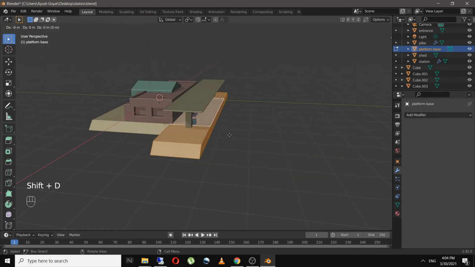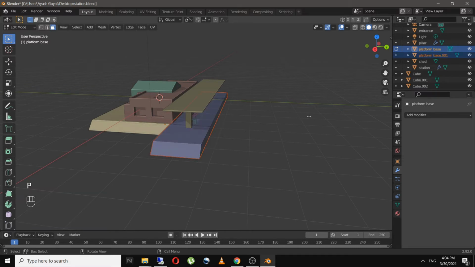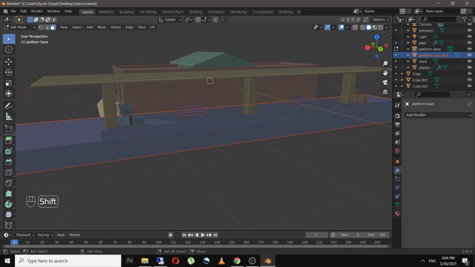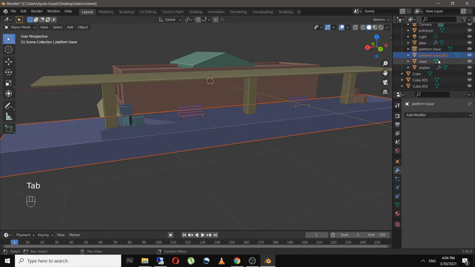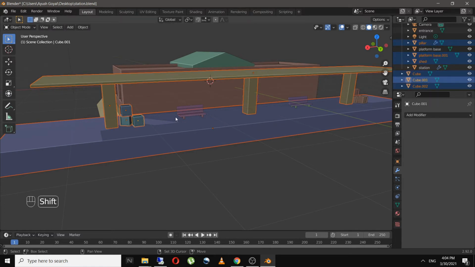And I will duplicate these faces, and then I will separate it from the original geometry by clicking on Ctrl P and selection. And now I can move all the props, the shades and the pillars in the Y direction to make a duplicate of the platform.